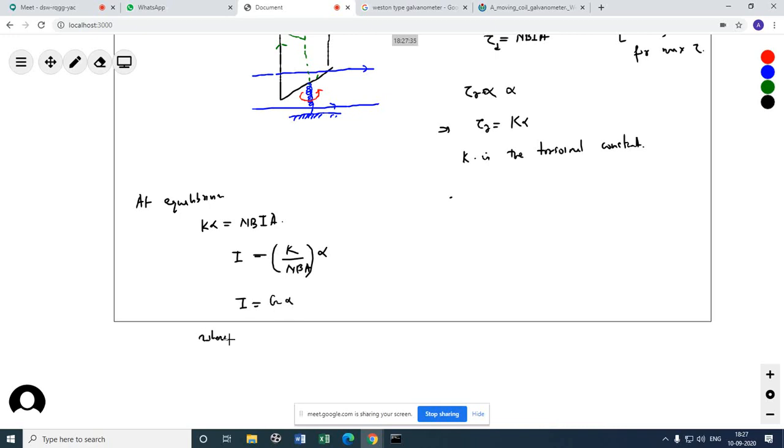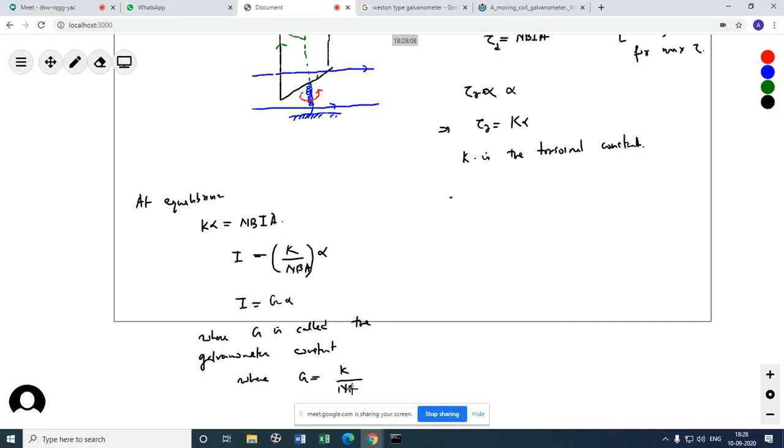G is called the galvanometer constant. Clear? Yes, sir. We can also call this the figure of merit. Now what is figure of merit? We will come to that. I is equal to G alpha, where G is nothing but